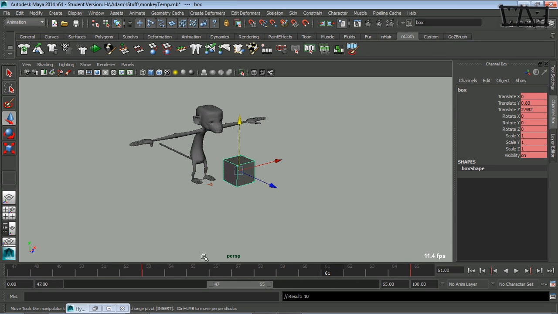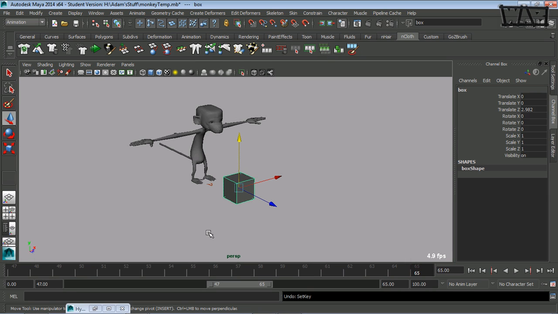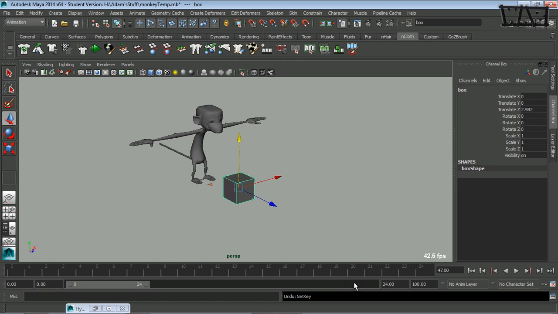Okay. Now I'm going to undo a couple things previous to my keys being done. It's actually usually more beneficial to key only the attributes that you want to key, that need to be keyed. This can be accomplished a couple different ways. If I'm only animating the translate Y, then all I really need to do, and I'm going to shift my time back to frame 0, and I'm going to use frames 0 through 24. So on frame 0,